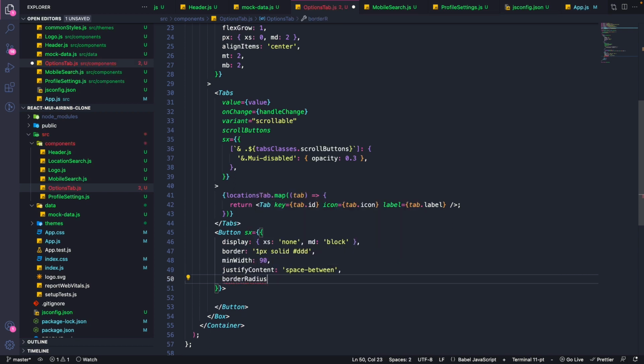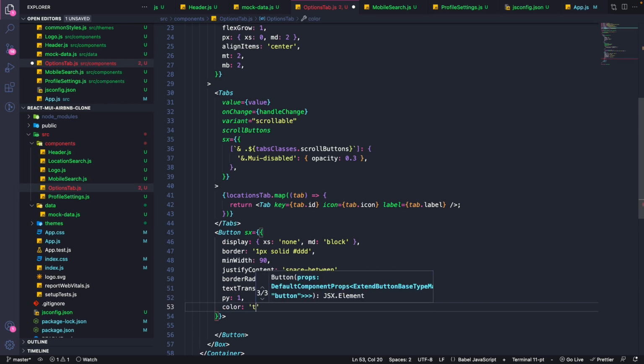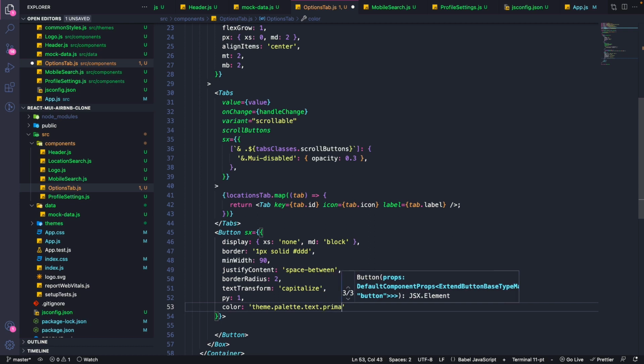Let the border radius be set to 2. Let the text transform be set to capitalize. I'm saying py, padding on Y set to 1. Let the color be, I can say theme.palette.text.primary,